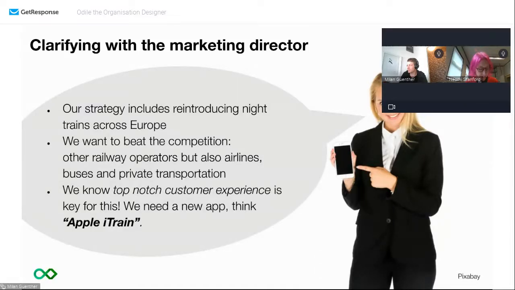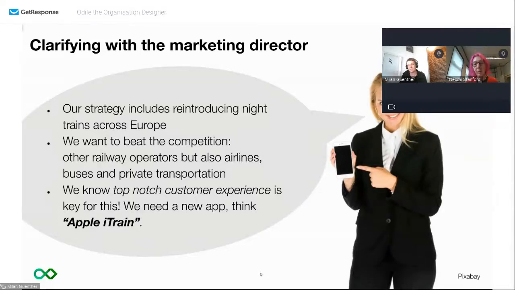And I love it. I love the business jargon. You have no clue what somebody means by top-notch customer experience. You have to explore what that means. And top-notch customer experience for, as my daughter got on a train at the weekend with 2 young children crammed into a seat with 2 other people because the reservation system broke down, is not top-notch customer experience. And her experience is not going to be the same as someone traveling in a first-class seat.